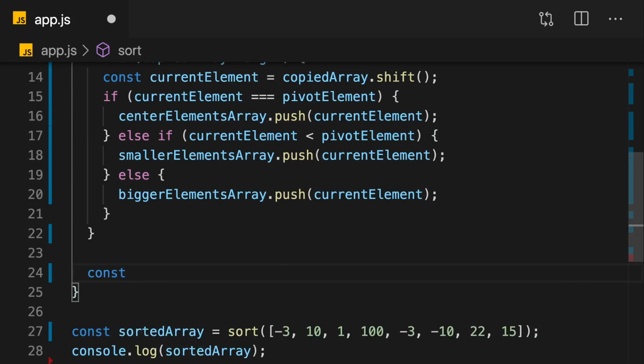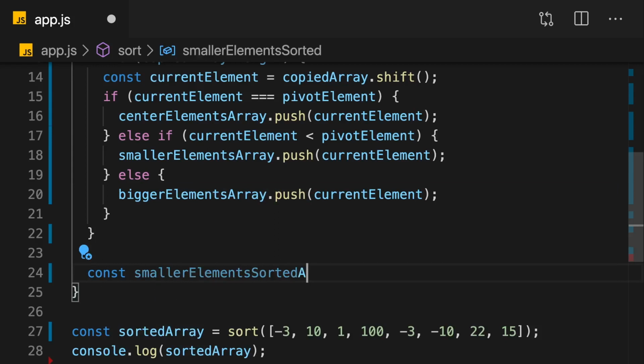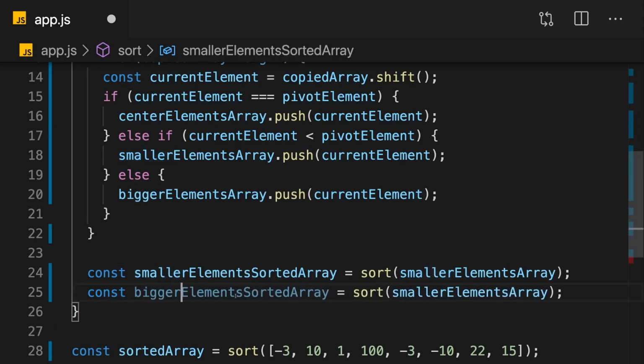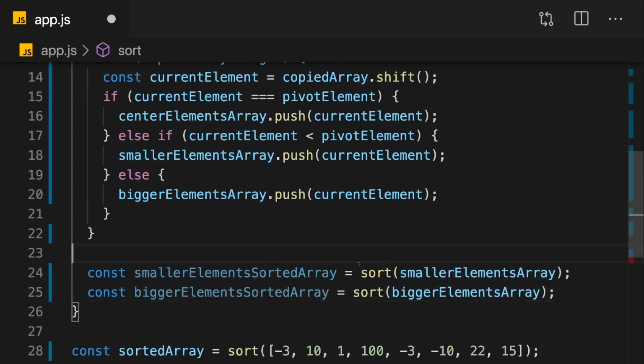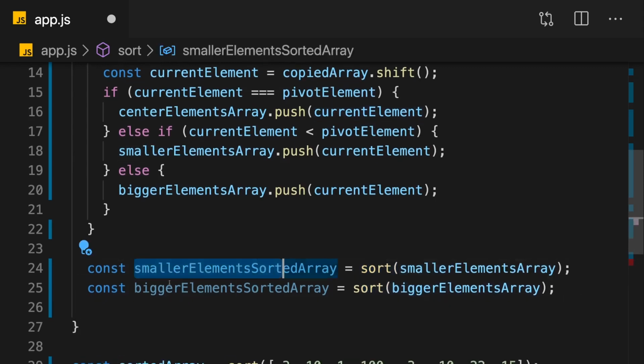So we got our smaller elements sorted array, a very long name, but I want to be clear what's in there, by simply calling sort again and passing the smaller elements array to it. And we repeat that for the bigger elements sorted array, where we pass in the bigger elements array. So here we call ourselves recursively with the sort function, and with that we'll get 2 new arrays in the